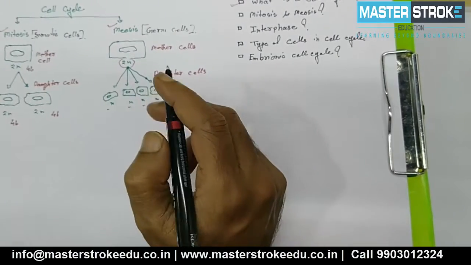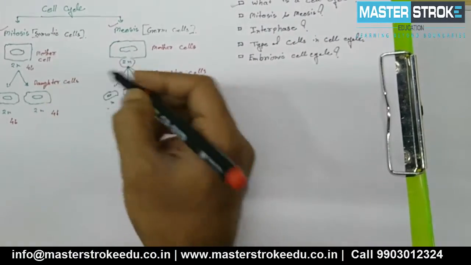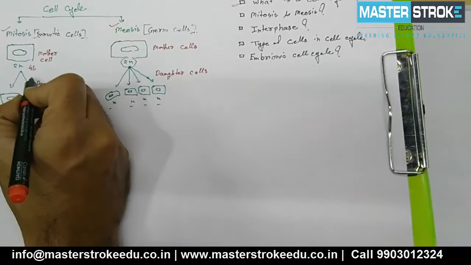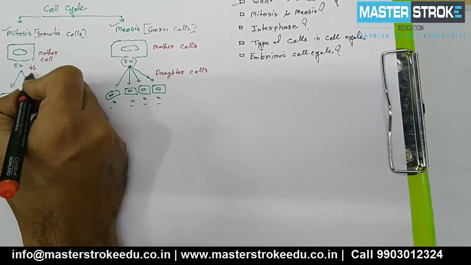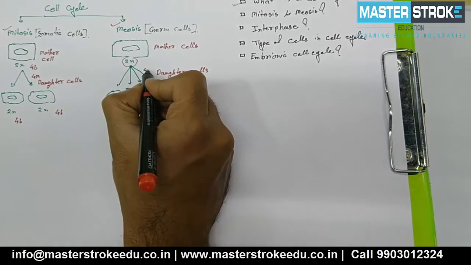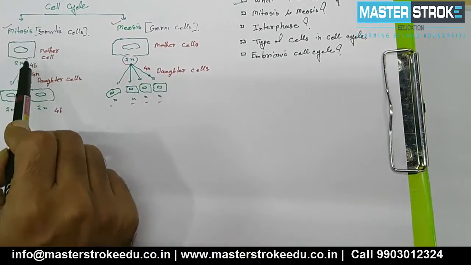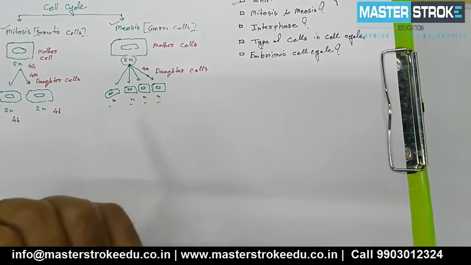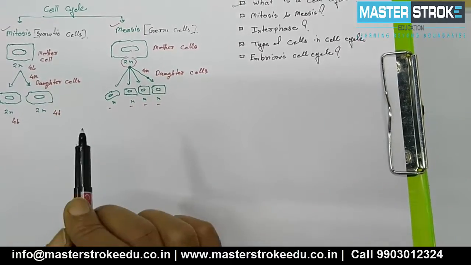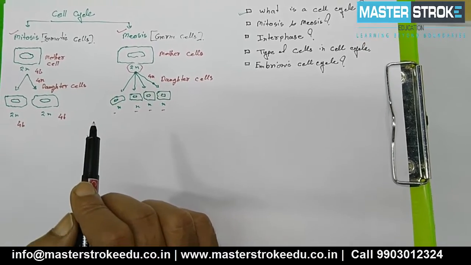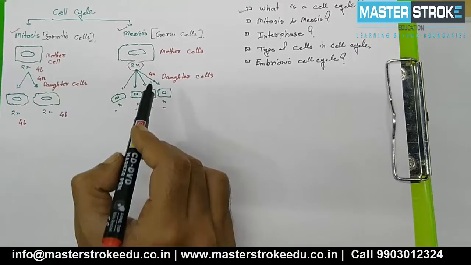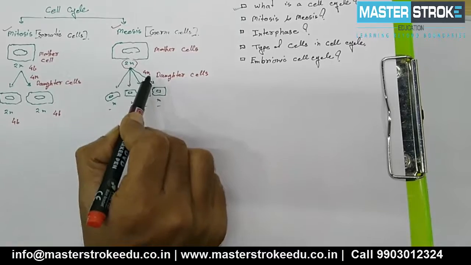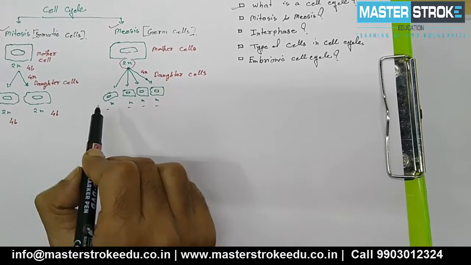So in both cases, whether in mitosis or meiosis, there must be an intermediate stage between the mother cell and daughter cells, where the chromosome number may be 4n. In mitosis, the 2n number of chromosomes is duplicated into 4n and then split into 2n and 2n. In the meiotic cell cycle, the mother cell's 2n chromosomes are duplicated into 4n, and then split into single n,